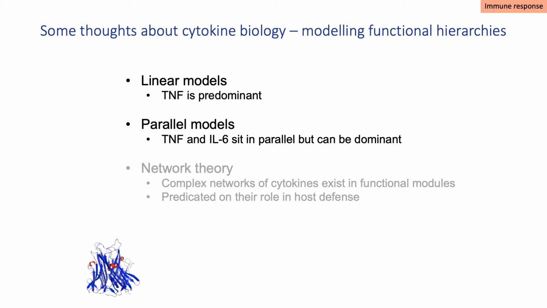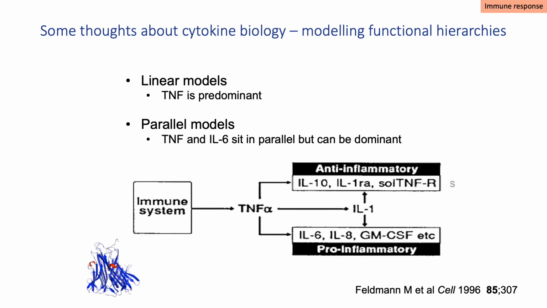Now, the original model was one that had TNF as the keystone cytokine. It drove the production of a whole lot of other downstream cytokines, for example, interleukin-1, interleukin-6. And that meant, and this is the pivotal and seminal study of Mark Feldmann and Ravinder Maini, that if you block TNF, everything else would get better.